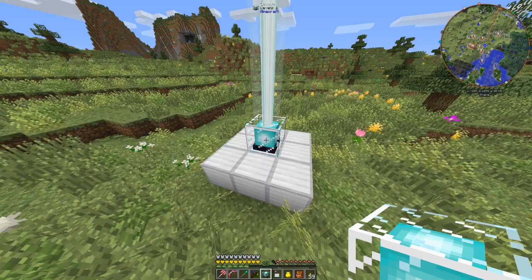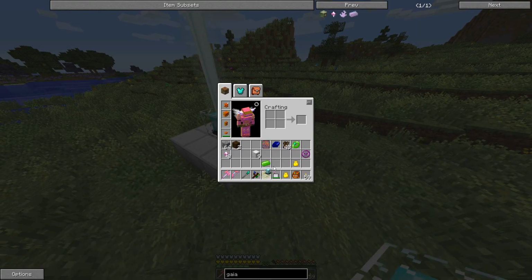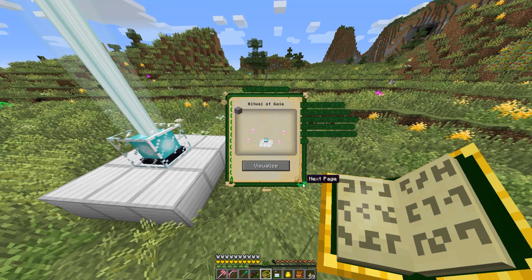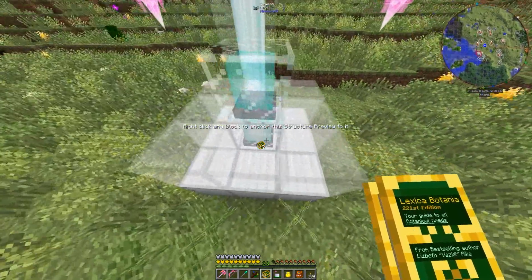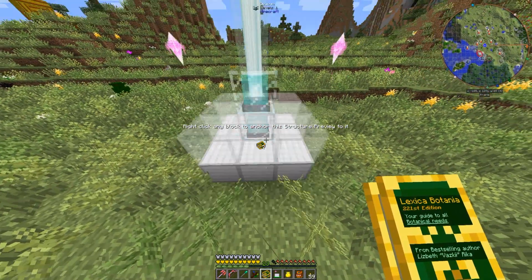Alright, so there's our activated beacon. It needs to be activated. Actually, you know what we can do? Just to make this easier. And there's also a Ritual of Gaia 2, which we will get to shortly. Okay, so let's just line this up. Oh, it won't let me... Crap. It won't let me do that. Alright, let's...